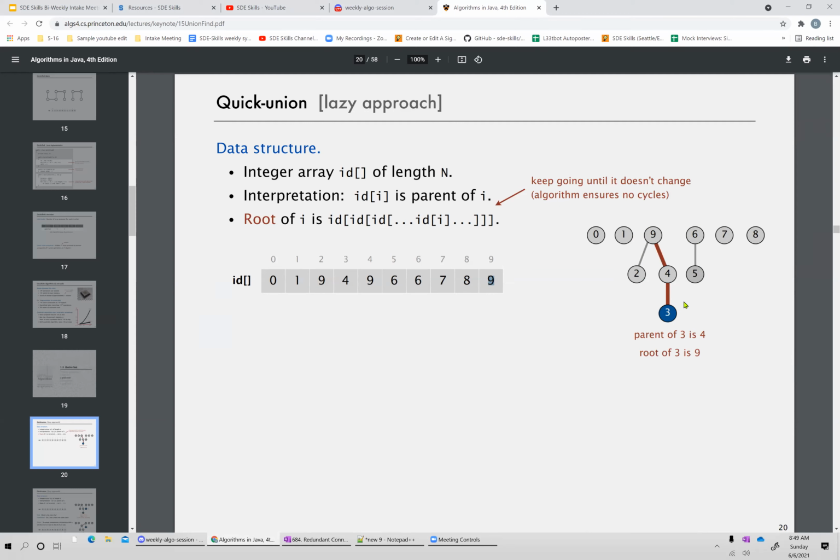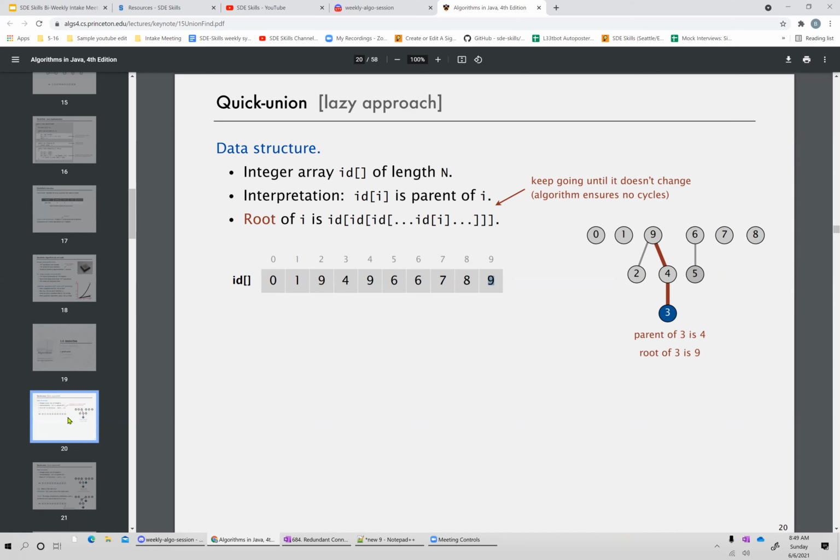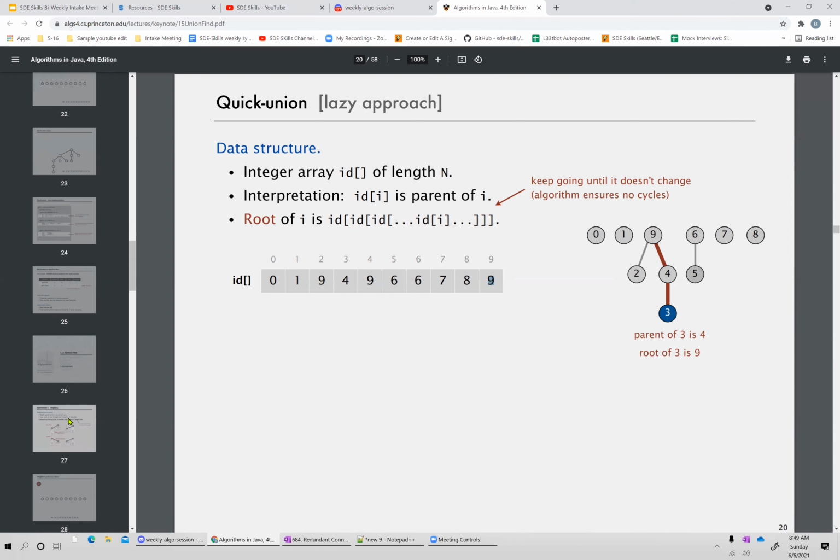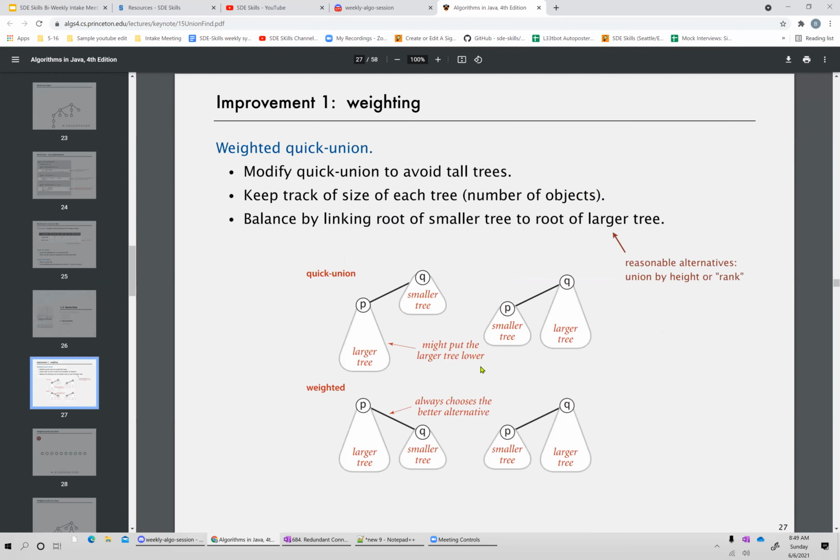So instead of making 9 a child of 5, I'm going to make 6 a child of 3, because that has a smaller number of components, right? And that will give a log n kind of complexity.